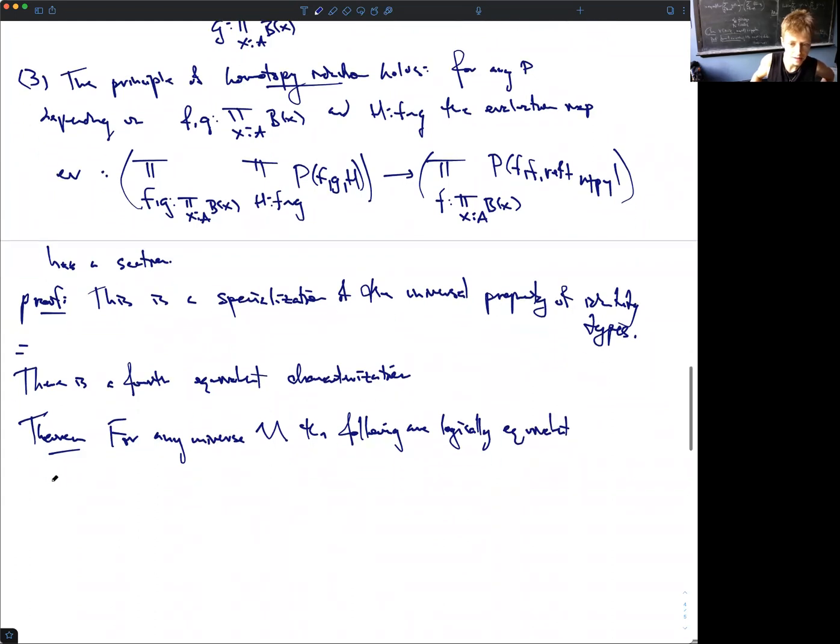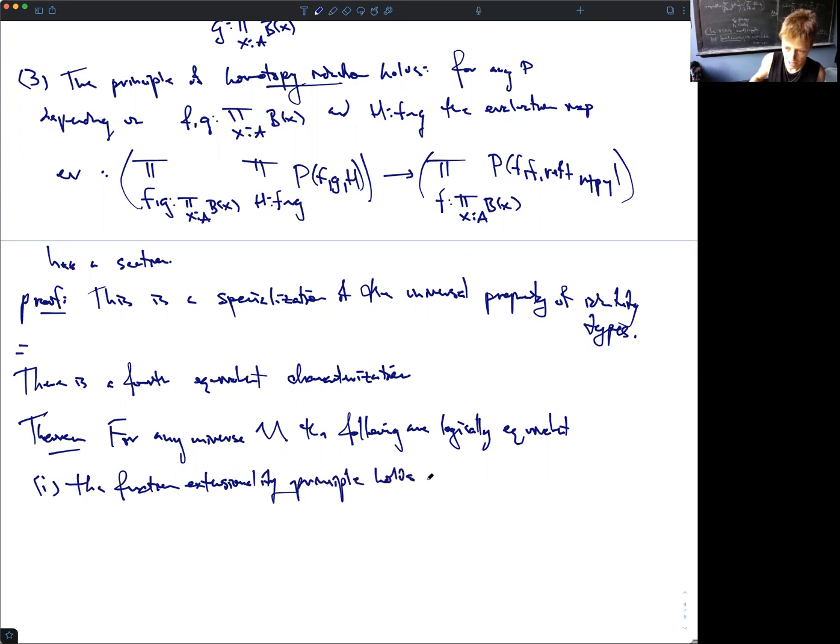Logically equivalent. So the first thing is that the function extensionality principle, as we've defined it above, holds in U, but I'll state it again just as we get used to it. So the function extensionality principle